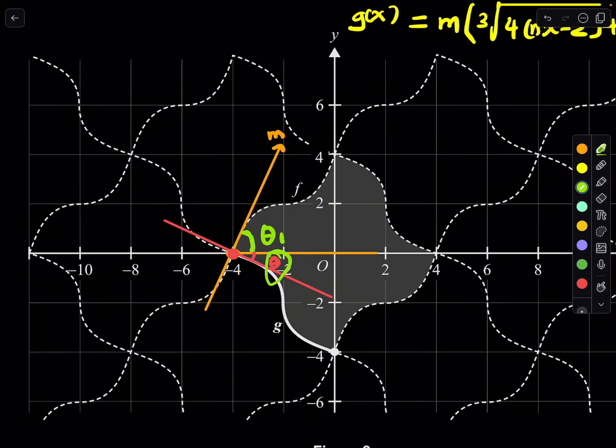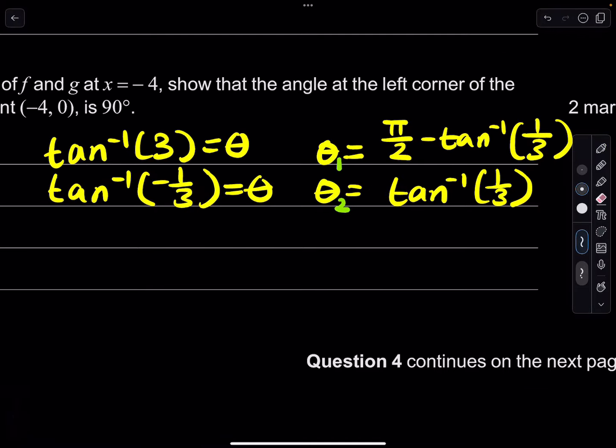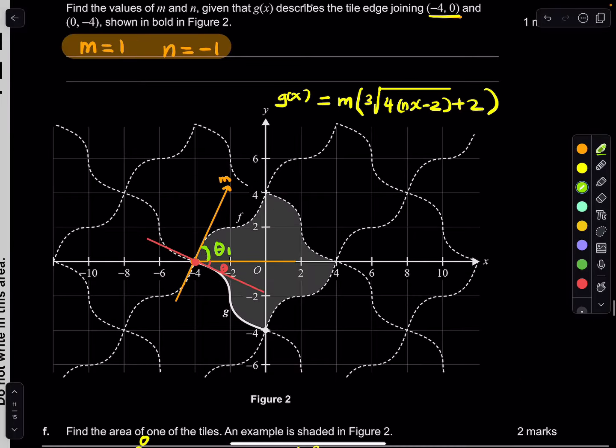The thing with angle 2 is we don't add them. Make sure angle 2 is positive. Right now it's negative because it's below the x-axis, so we want to make sure it's positive. Right now, you know how it's negative here? Make it positive. And then if I add these two up,